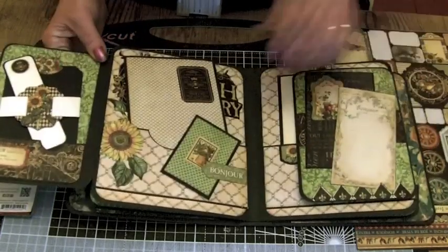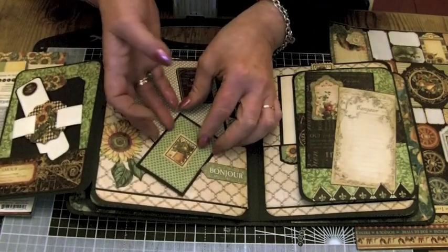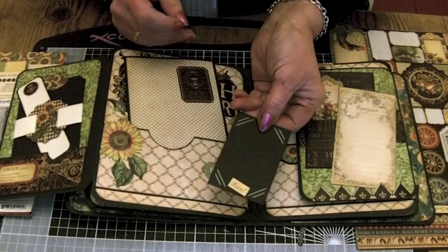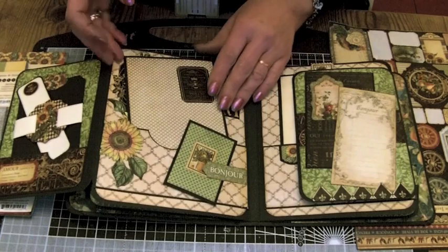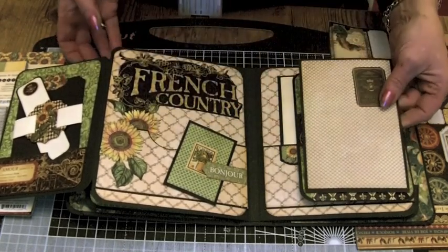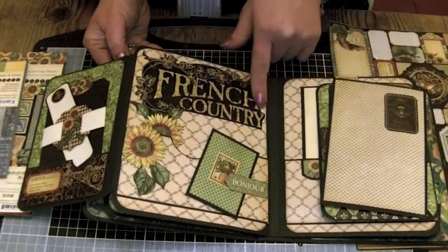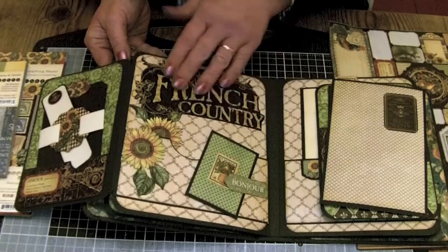And then in the middle here, I've used one of the new pop outs and just made a little mat. It's for a 3x2 photo, so that one just catches under there. And then there's a photo mat in here. And then I've used the French country cut apart from the signature sheet of paper, just to put on there,